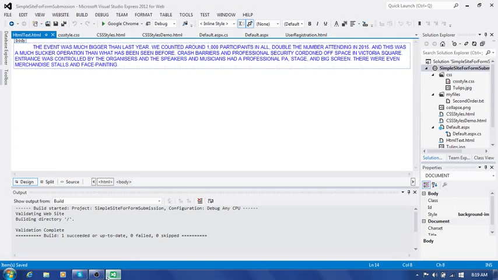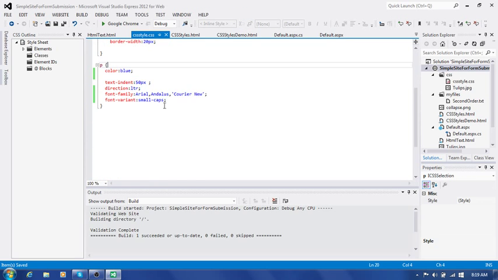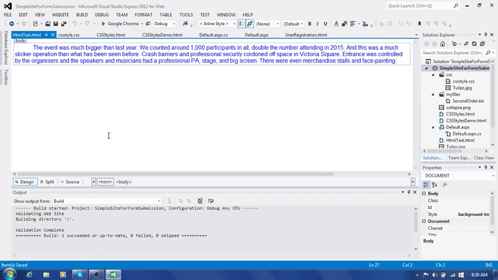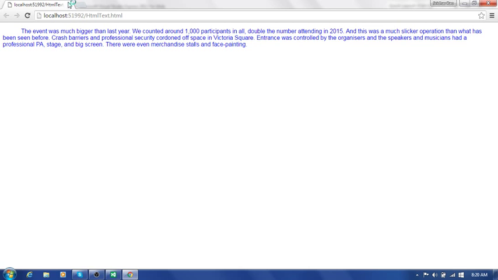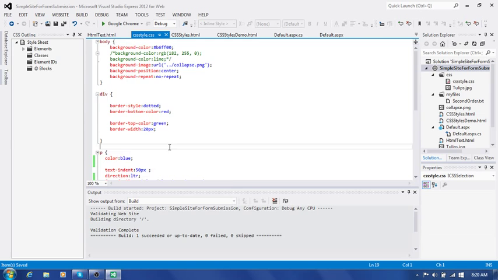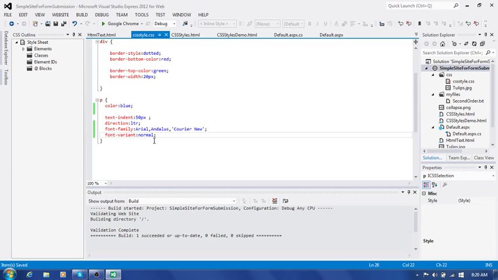Instead of using actually small caps, what we use here is normal only. We put this one as normal, then coming to the HTML form once again, this time it's looking in the proper way. Okay, view in browser, it's looking normal. But when you apply small caps here, come into small caps here, whenever we specify small caps,